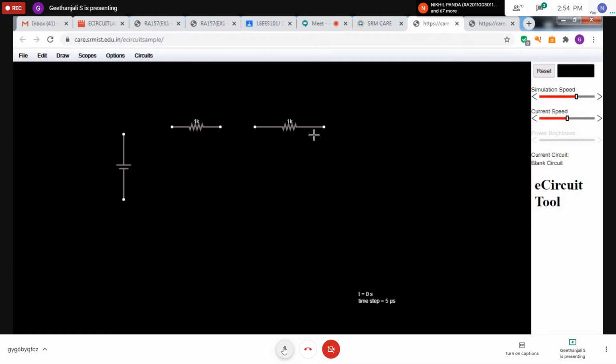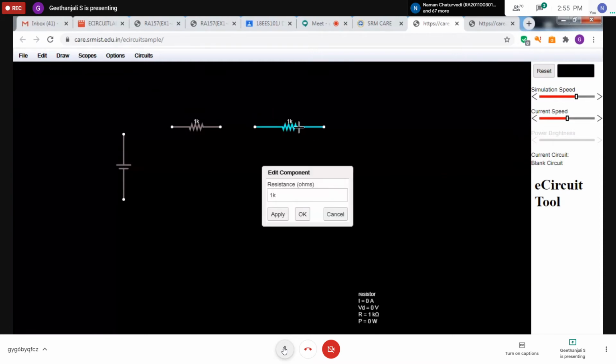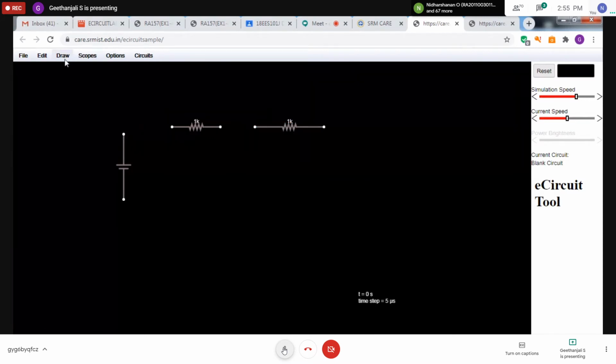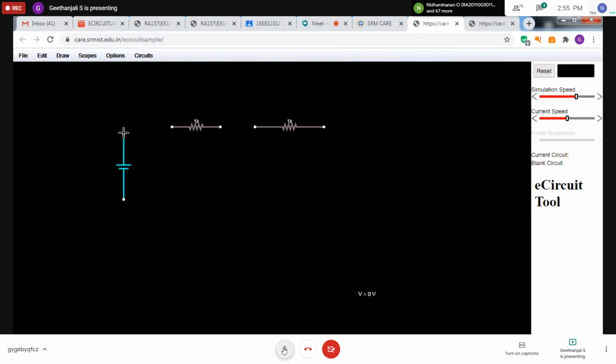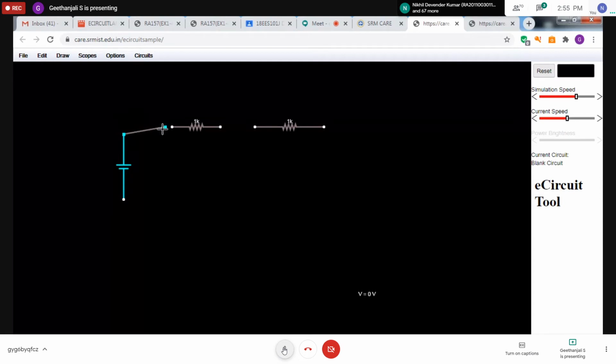Next, I have to make the connection. So again, go to the draw, add wire. With the help of wire only, we can do the connection.